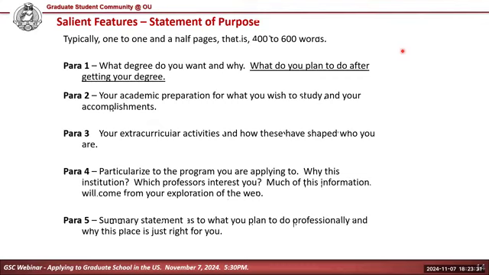Then in the fourth paragraph, you need to particularize who you are, what you are, your intellect and your intelligence, to the program you're applying to. Why this institution? And you don't say you're a great institution, therefore I want to be with you. That means nothing. Buttering up the institution or the professor, you're the greatest professor in the world, means nothing. Because the professor knows whether he or she is the greatest or not the greatest. The professor knows whether his institution is or is not the greatest. And that is not a way to come across as an honest person with integrity.